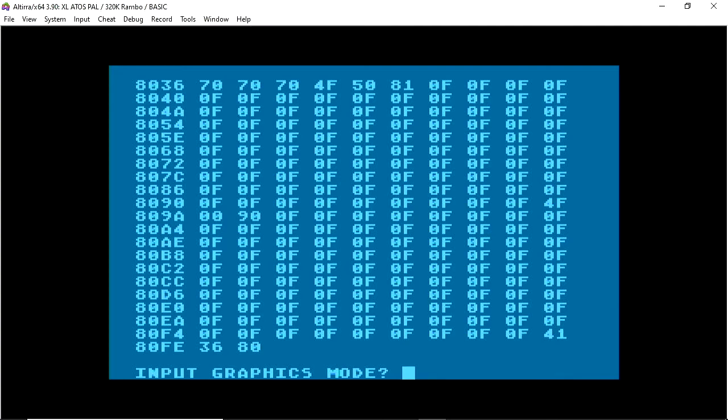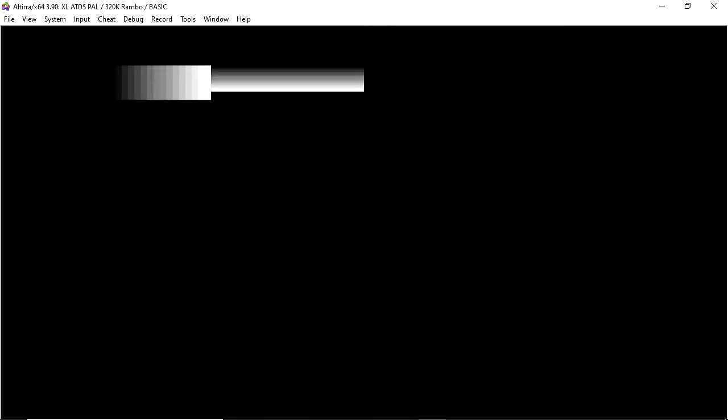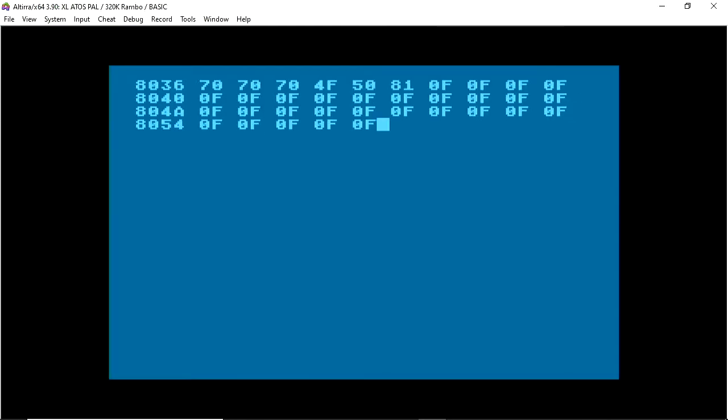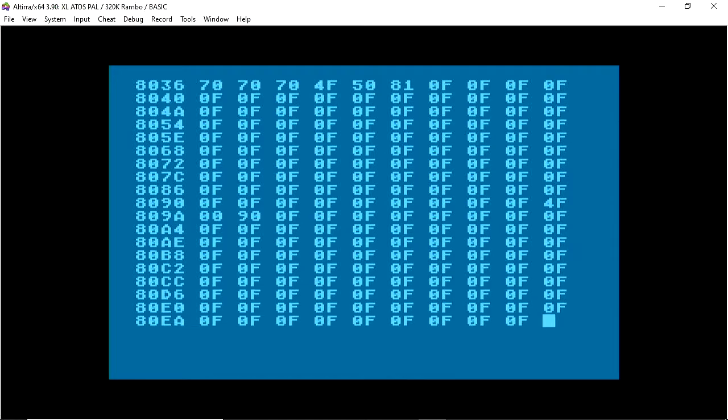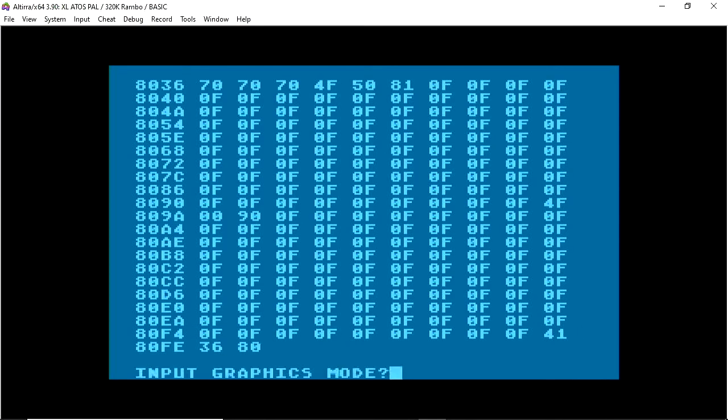So if we do warp speed and we do mode, let's try mode 9 now. Oh yeah, it's quicker. Don't know why I haven't been doing this at the start. So there's mode